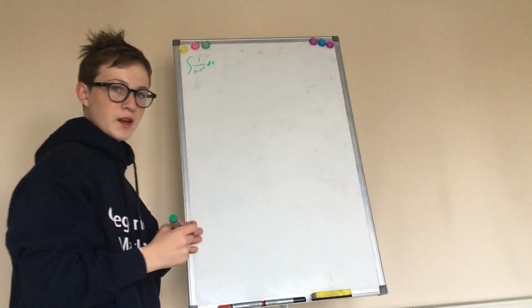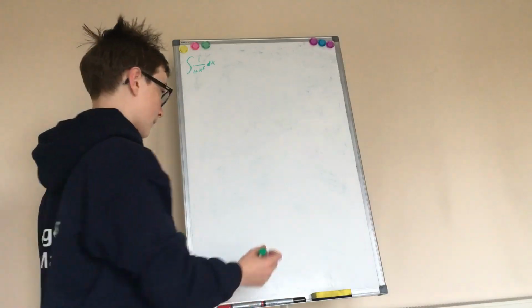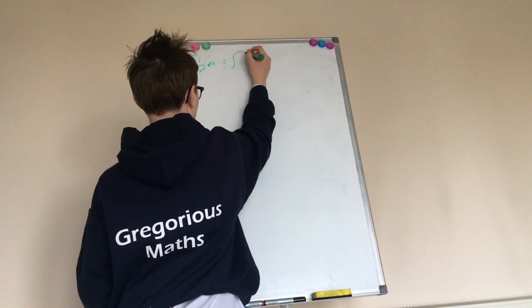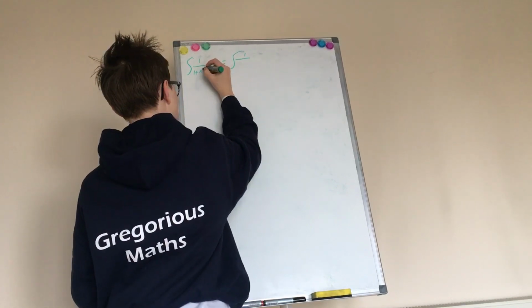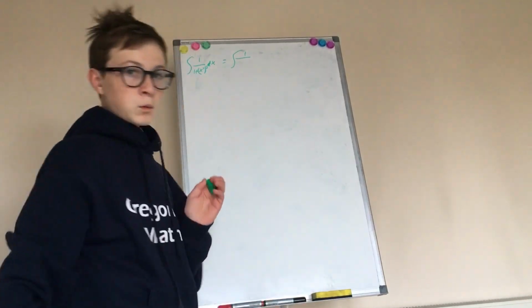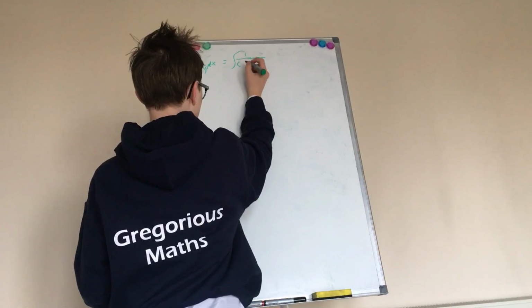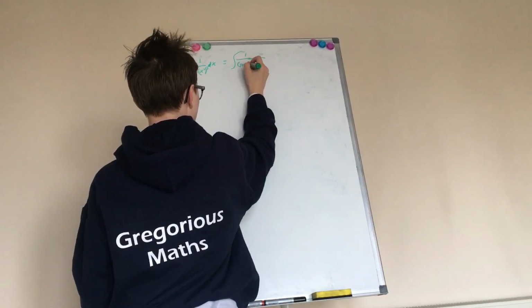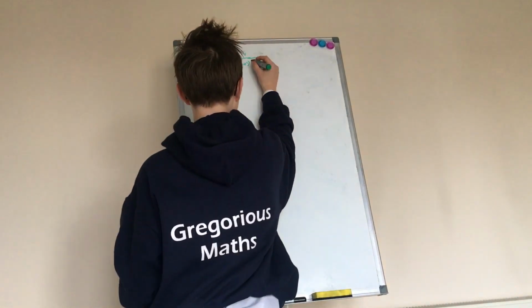Now the first thing you have to do, which I was kicking myself for not seeing in the live stream, is to notice that this is a sum of two cubes. This equals the integral of 1 over, and I'm going to write this as x squared cubed plus 1 cubed. Now what's the sum of two cubes formula? Well, a cubed plus b cubed equals a plus b, 1 plus x squared, times a squared,